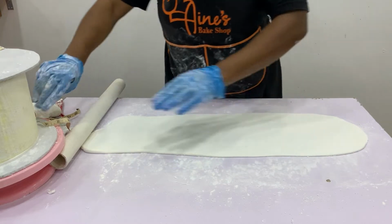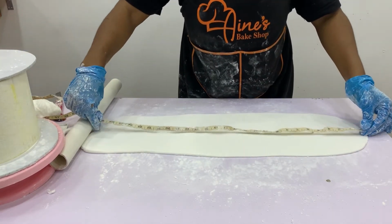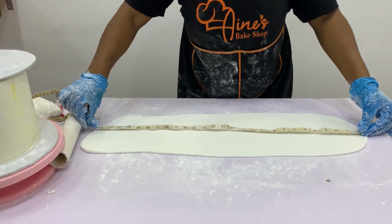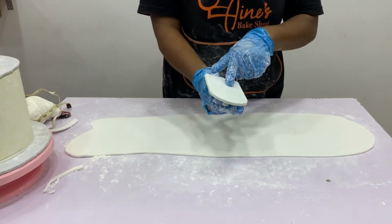I think at this point you can measure to see what we have. I believe we should have 26 inches. Yep, we have more than 26 inches. This is 27. So at this point, just like we did for the top piece of fondant, we want to